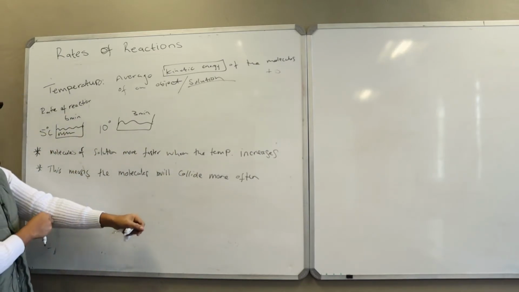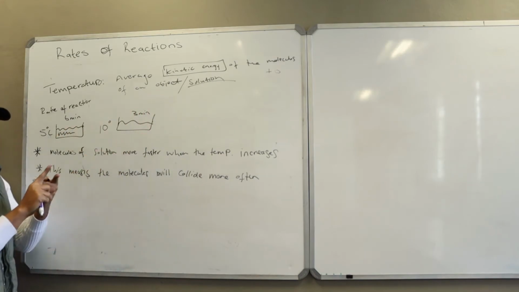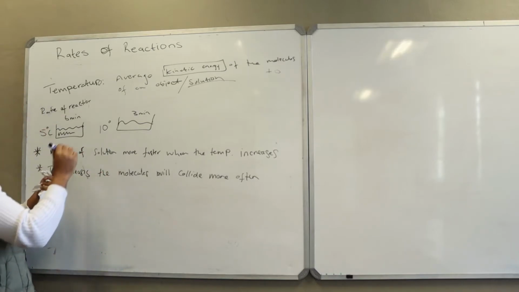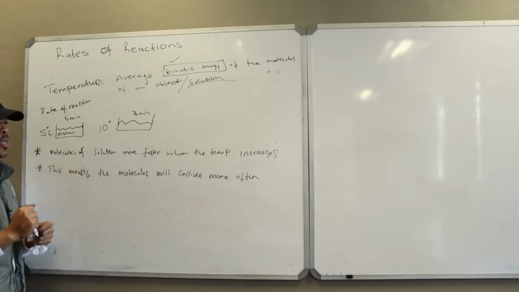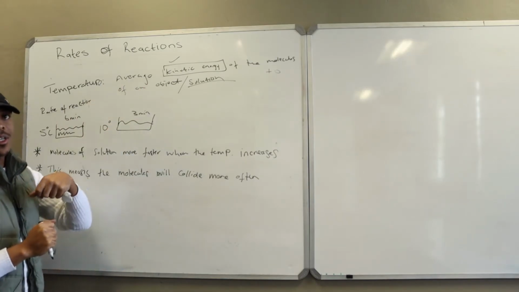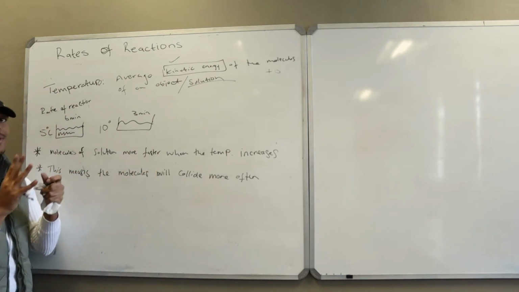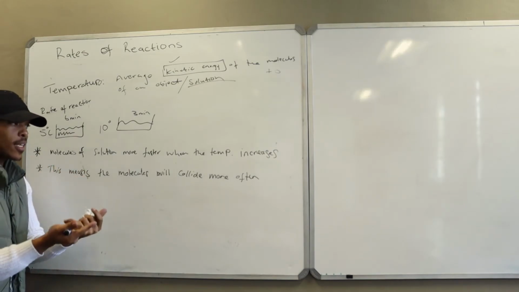So this is why this affects the rate of reaction. Remember, it's collision and its specific energy. So one, you increase the energy of the solution. Number two, you increase the kinetic energy, meaning that they move faster. If they move faster, then they can collide more often. And the more often they collide,